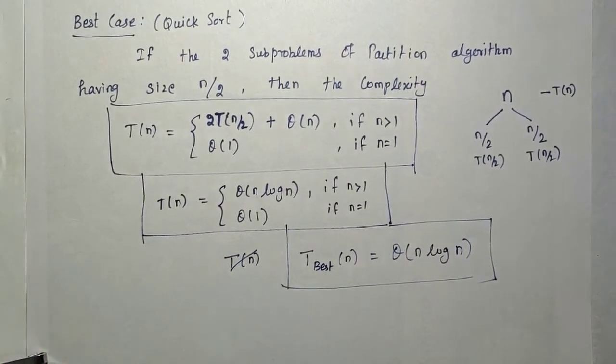Now we need to move to the average case. In the average case, I have to analyze whether this is nearly equivalent to the best case complexity or the worst case complexity. Two extreme cases we have discussed, the worst case and the best case. So your average case is in between n squared and n log n. We have to prove which case it is nearly equivalent to.